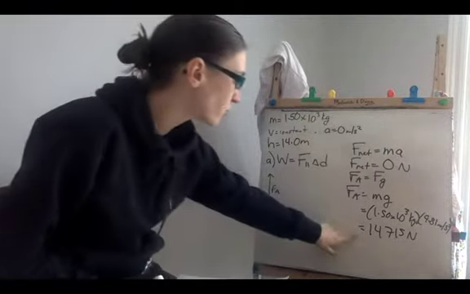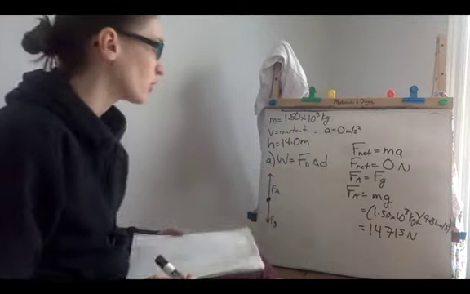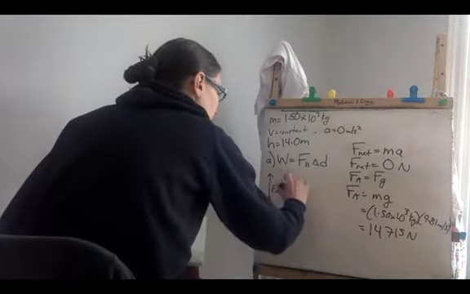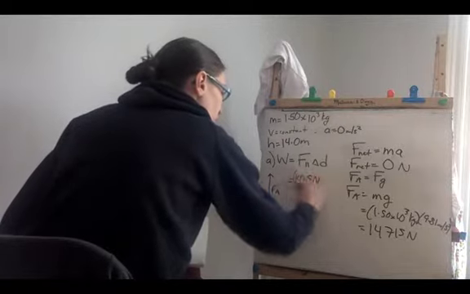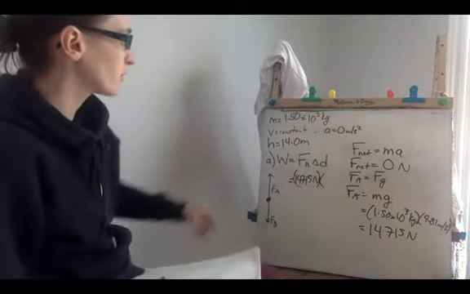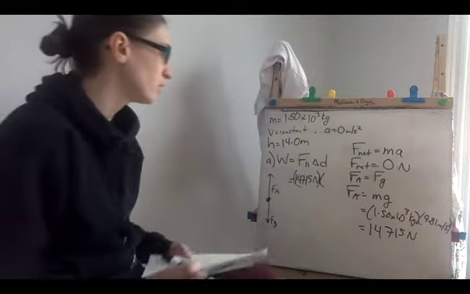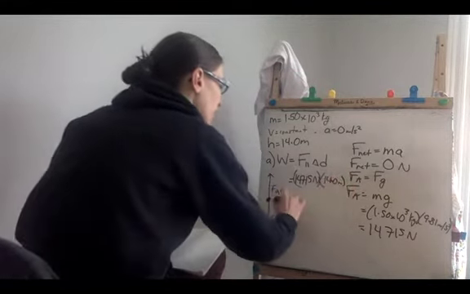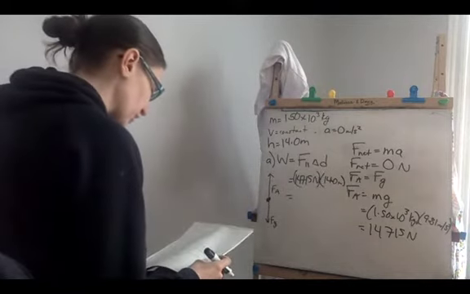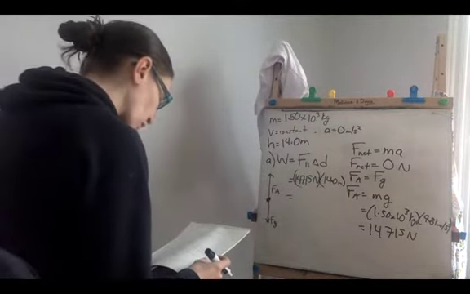So now I've got my force applied, which can now be used in my work formula. Right, so that's that 14,715 newtons multiplied by its displacement. So it was raised from the ground to a height of 14 meters, so its distance moved was 14 meters. And then I can just do that multiplication and get a value of